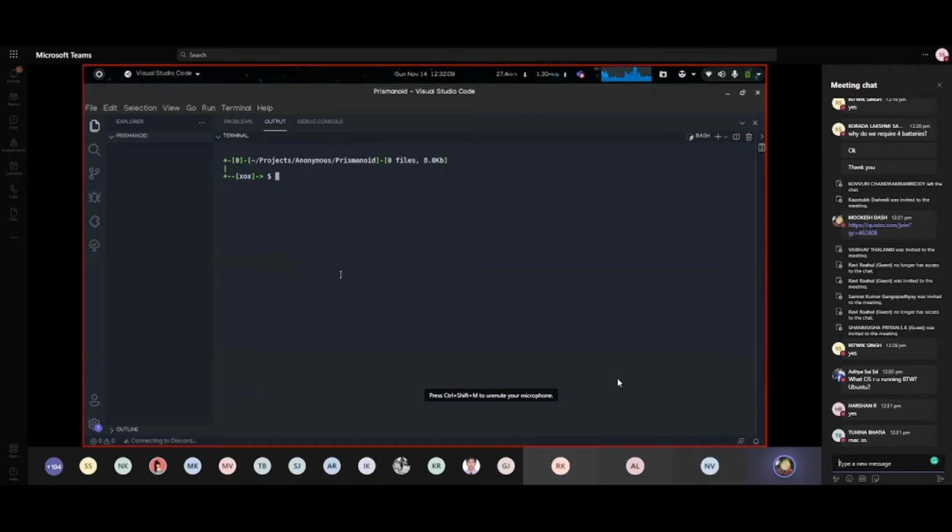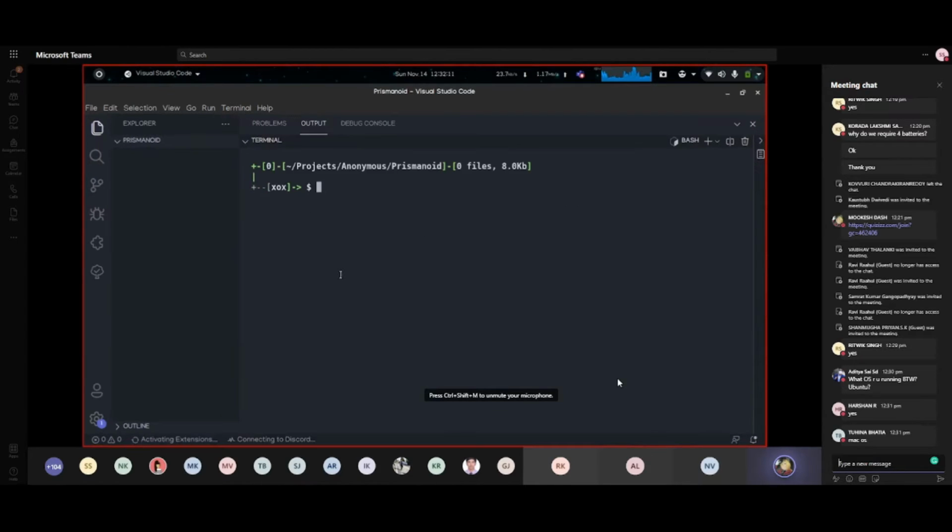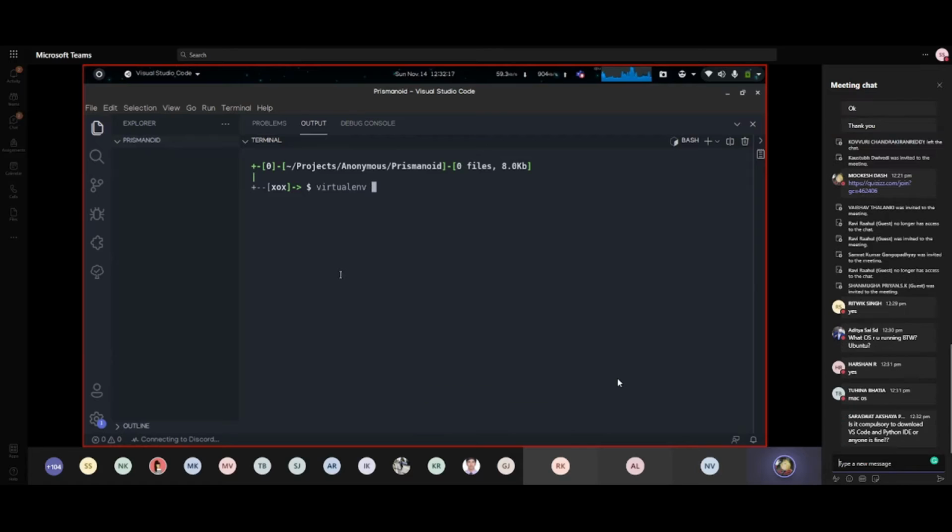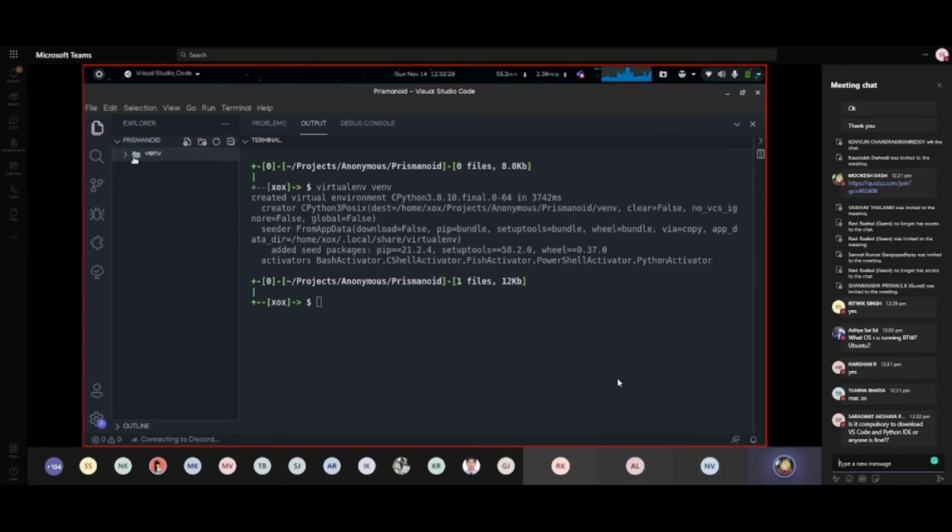And next, first we have to write virtualenv, and then write the name of the virtual environment we would like to make. So I'll name it venv, and that will make a virtual environment right here.